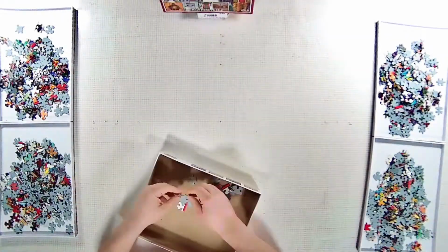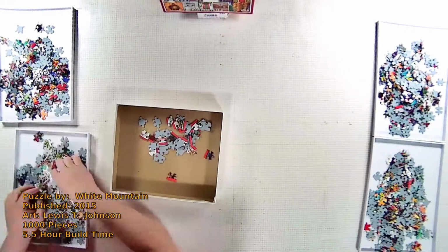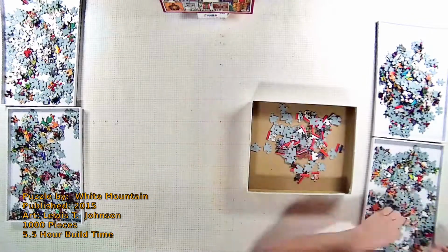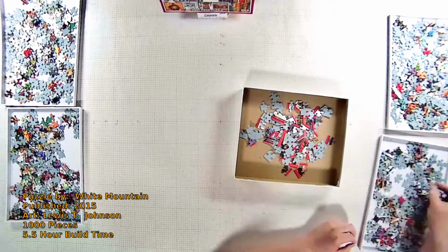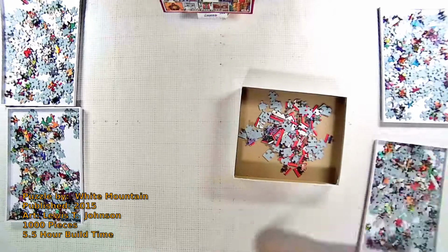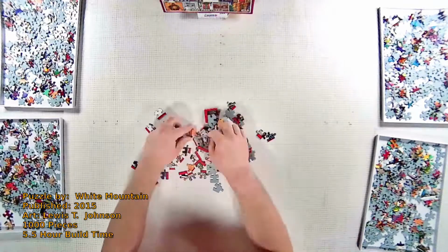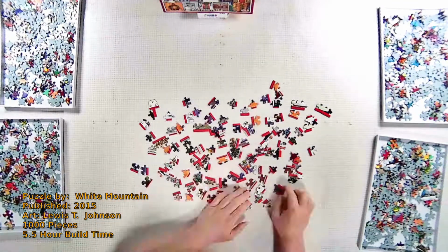Hey everyone, today I have for you a puzzle titled Holiday Doors. It was published in 2015 by White Mountain Puzzles. White Mountain Puzzles has been around since 1978, and they are in a rural village in, you guessed it, the